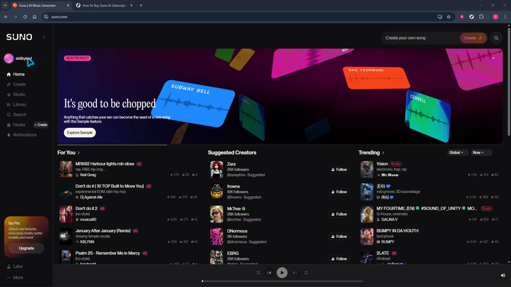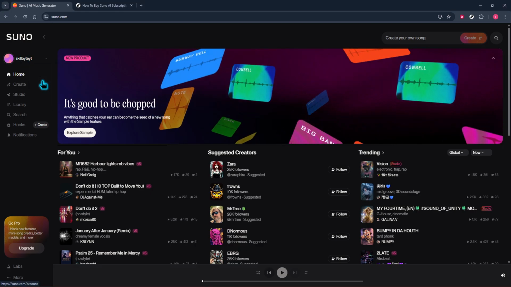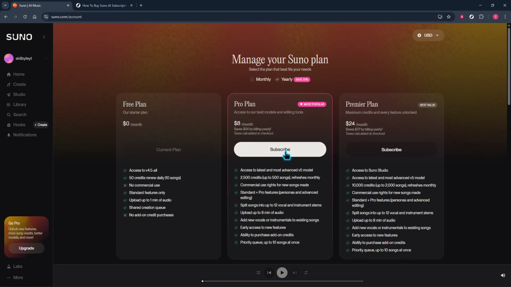Once you're signed in, move to your profile menu in the top right corner. Open it and choose account. Inside your account area, find the subscribe option and click it. This takes you to a secure checkout page where you can review the plan details and pricing. Take a moment to confirm the currency, billing frequency, and any limits or credits associated with the plan so there